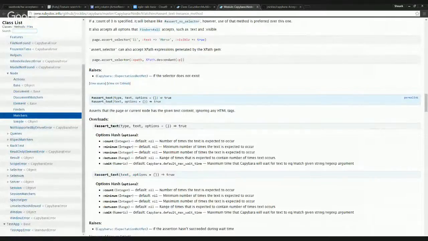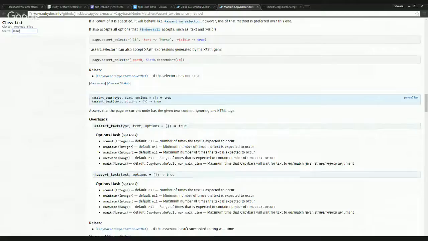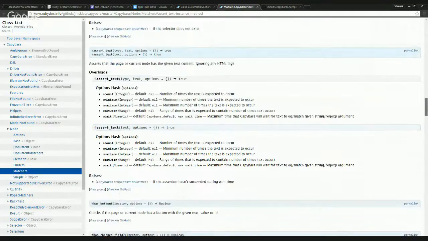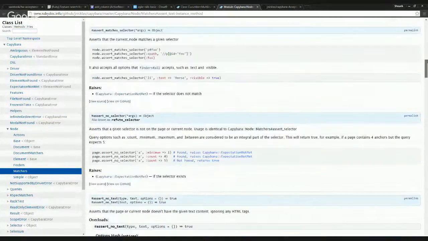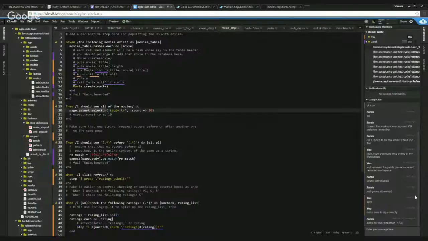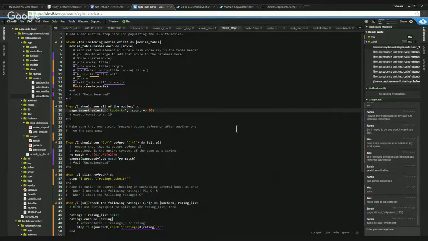You know where if you did page.all and you look at all the CSS, let me just paste that in the chat. Like in our case, I don't know if this gives us a list or what, but we could just take the first element and check if it's equal to